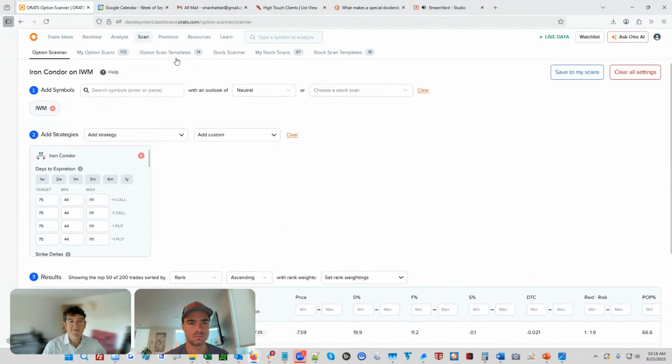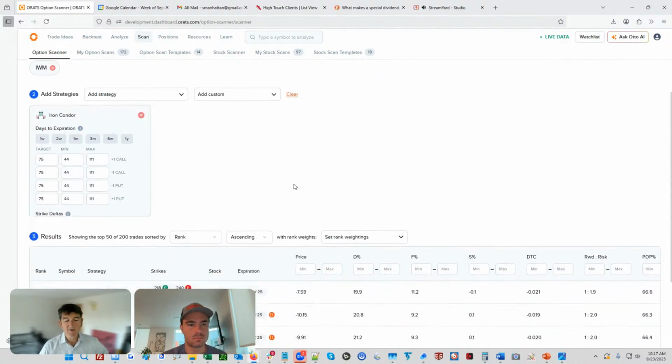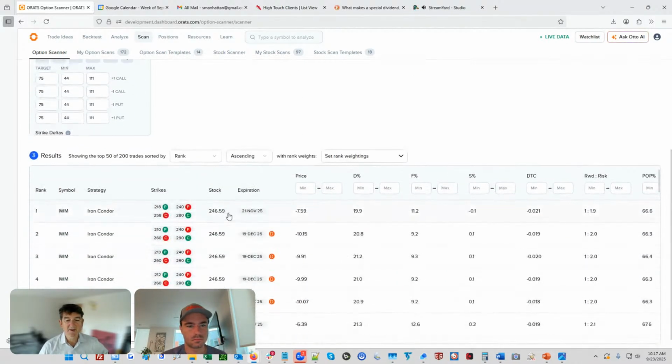And by the way, you could save this option scan, and then you could go back to trade ideas and look in your scanner. So you could always have this there, because sometimes these are fleeting, meaning sometimes these strategies will go away because certain indicators aren't in the range that we've optimized for the backtest. So anyway, yeah, what you say, Tyler, is that the option scanner is a way to see